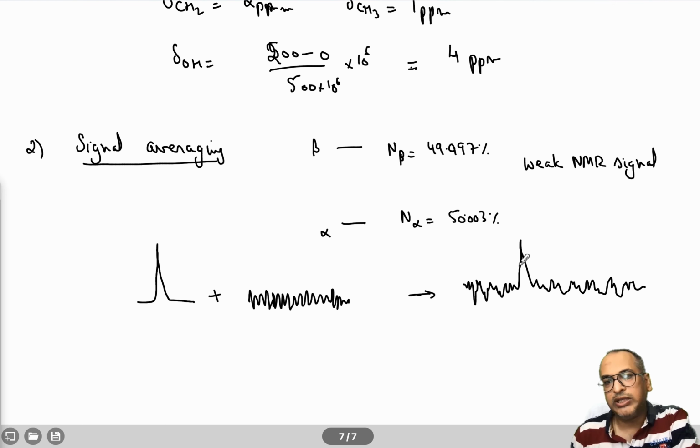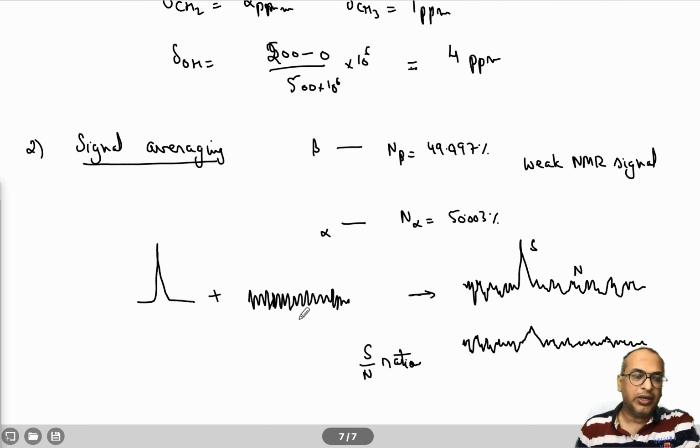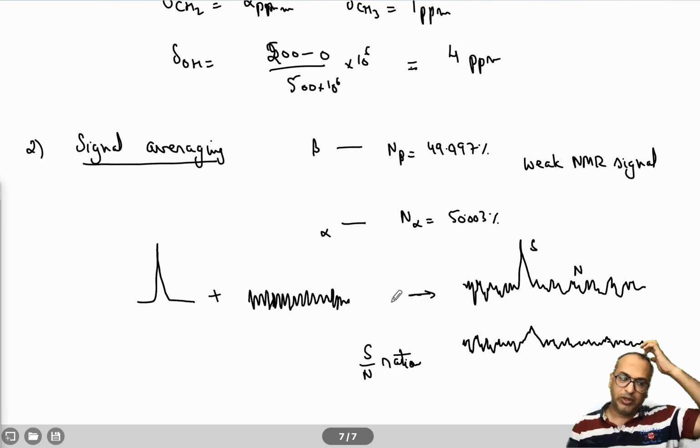So the signal looks something like this. Now, if the signal to noise ratio is not high enough, your signal will merge into noise. If the signal is only this much, you won't be able to detect whether it is noise or signal, because the signal to noise ratio is very small here, right? So your job is to improve the signal to noise ratio. How do you do that? Let us first understand what noise is and what its sources are.